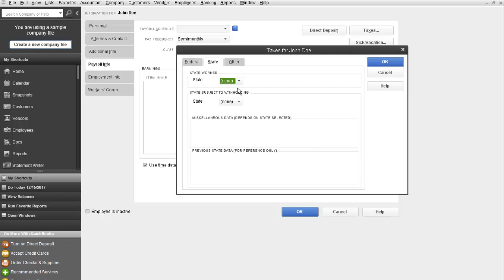Next, go to the state, and we're going to say this is in California, and then you can select here the state taxes that are available or that are subject to withholding for this employee. Down here is where the information you would get from your state. You would enter the information you got from your state W-4. Go ahead and enter that. Any additional withholding, or if you have any miscellaneous data, that it depends on the state, but if you have that information you could